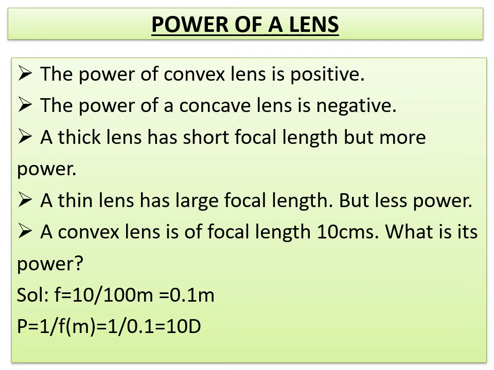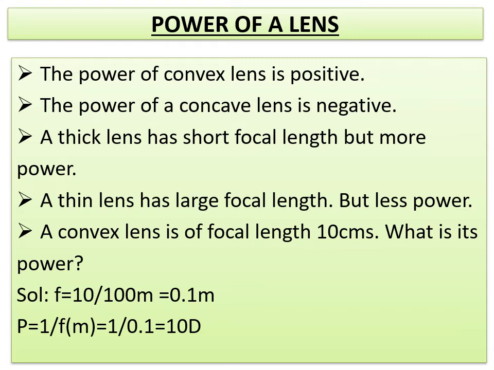So whenever the ophthalmologist, after testing, prescribes plus 2D for the left eye and plus 1.5D for the right eye, then he actually refers to the power of the convex lens required in making eyeglasses or spectacles to make that person's vision clear. So in this way, you have to remember the points, children.